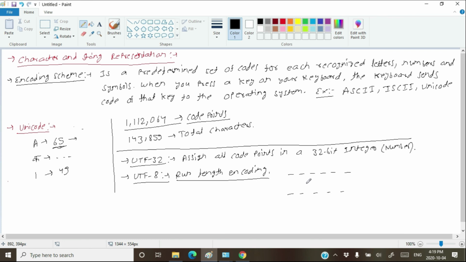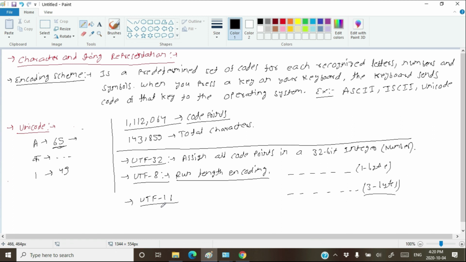English characters are the most frequent ones, so they can be written in 1 byte, but Hindi characters take 3 bytes because they are less frequent on the internet. If you give less weight to the more frequent ones, overall space consumption on the internet will be reduced.